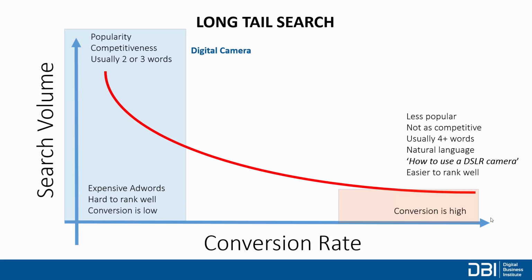So if we take a real life example, a search term that might appear in the head of the tail is digital camera. And as we move down towards the long tail, so in the middle region, somebody might put in, for example, something a little bit more specific than digital camera. They may put in the actual brand. So in this example, they've put in Sony digital camera. And in the long tail then, they put in something really specific, for example, Sony digital camera with 3x optical